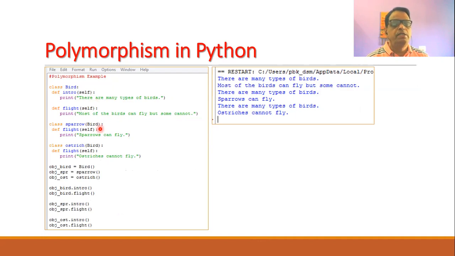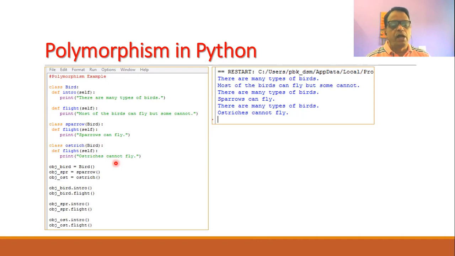So bird is a base class, and this is a derived class in which I can again use the same function name flight, where I will print the message sparrow can fly. We have another class ostrich, which is also a derived class from bird, where I can again use the same name flight, where the message is different,